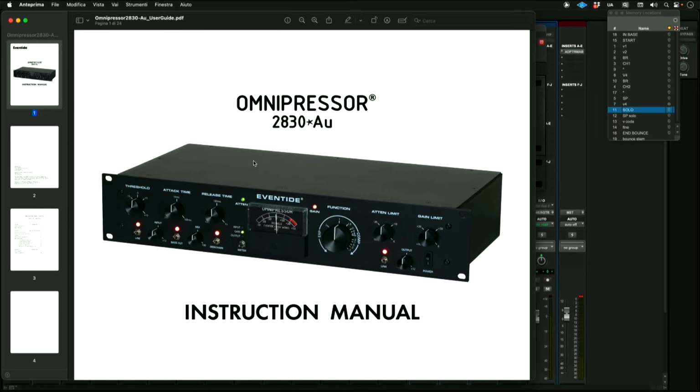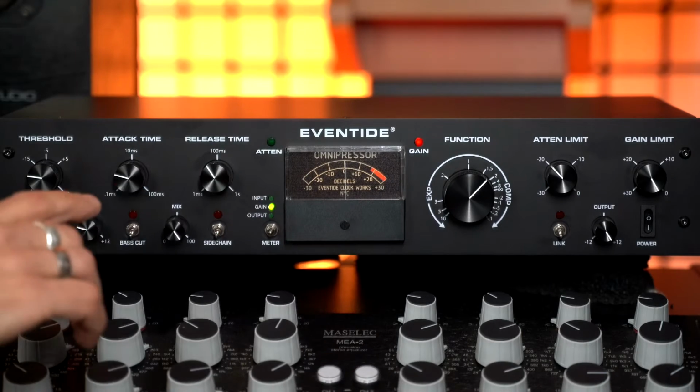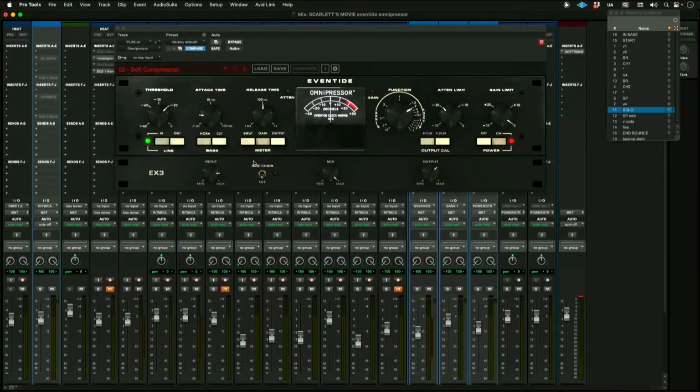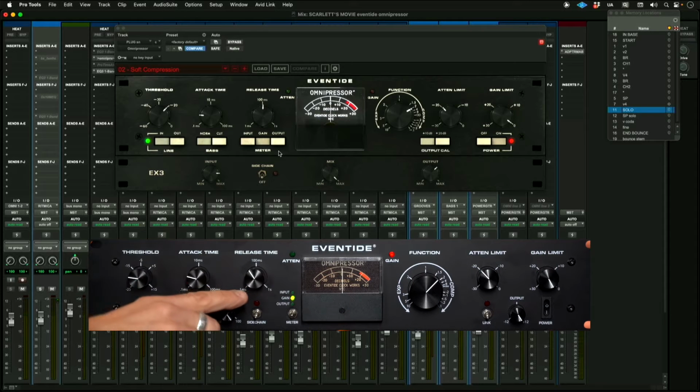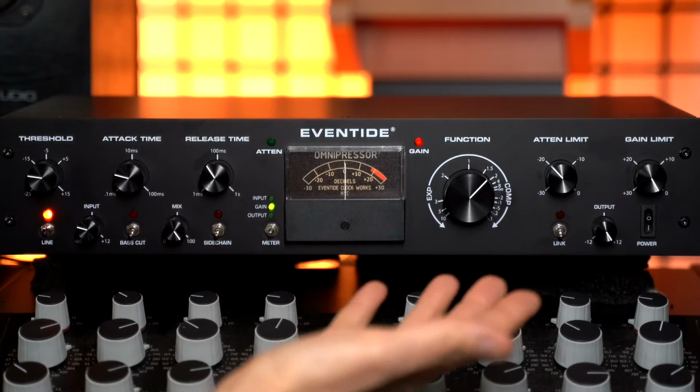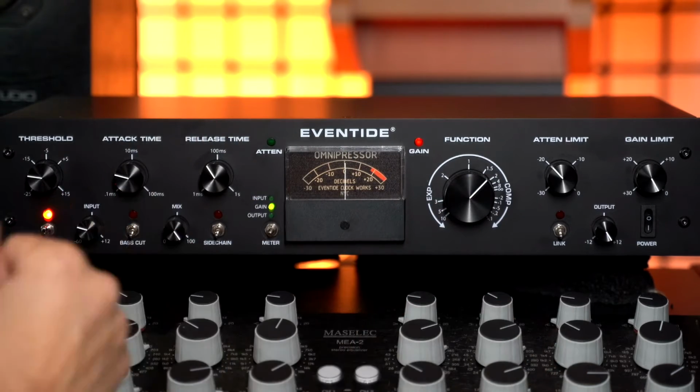So on the desktop of my computer I have the instructions, and placed on the studio desk I have the hardware. And if we go back to the desktop, which this time shows Pro Tools, I have the plugin, and we will see the hardware below and the plugin above to listen and see the differences. Let's take into account that this is not an instruction video, there are instructions online, okay?